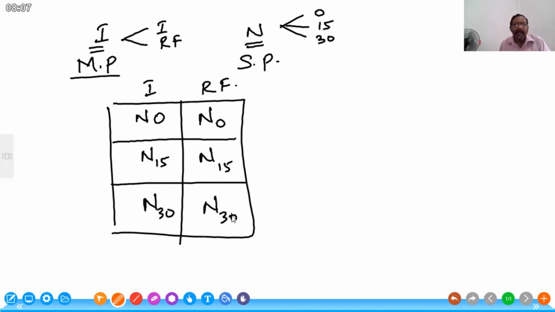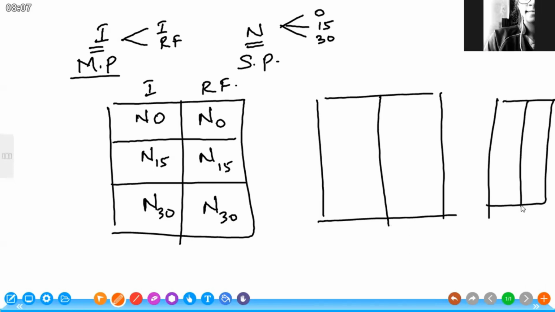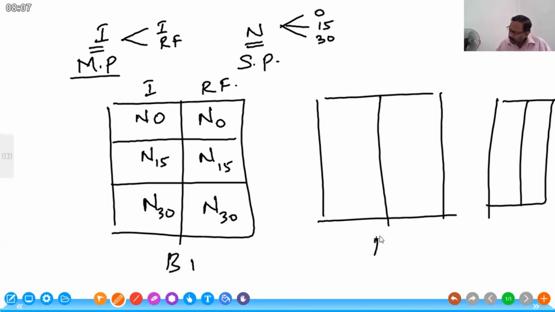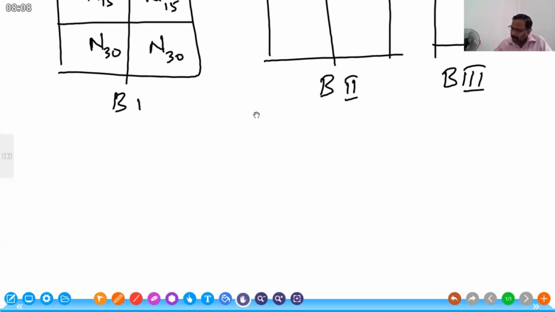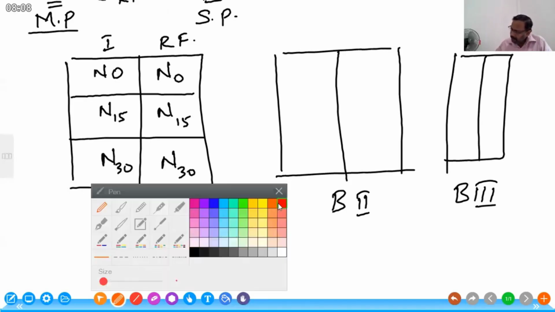So how many replicates are there? Or how many blocks are there? From your data, how many blocks are there? 3 blocks, yes. So likewise, this is block 1, this is block 2, this is block 3. So that is the information given there, right? So basically, this is the real picture of the experimental setup. This experimental setup is called as field